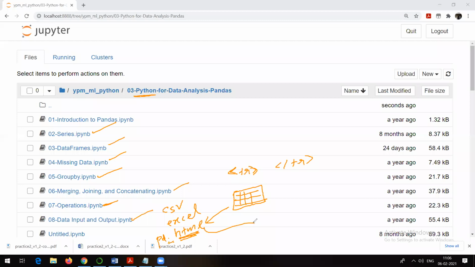That's why later on you will see that we will make use of another package with the help of which we can read anything from an HTML page or web page. That package is Beautiful Soup. Beautiful Soup is the name of the package which can read anything from an HTML page. The name of the package is BS4, Beautiful Soup 4.